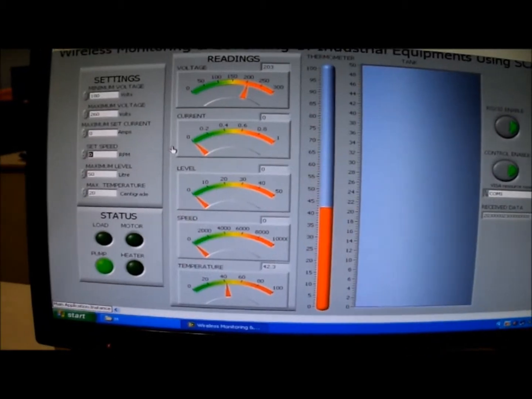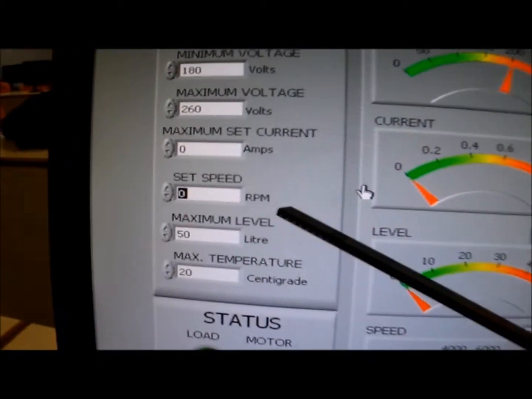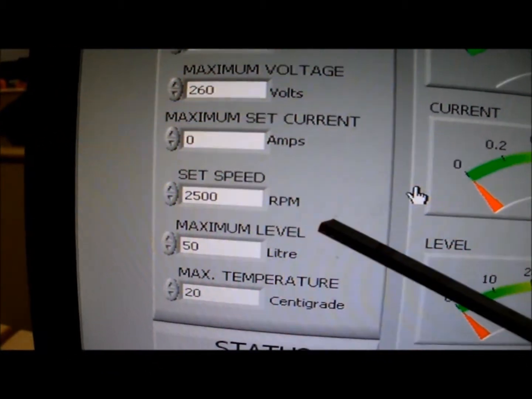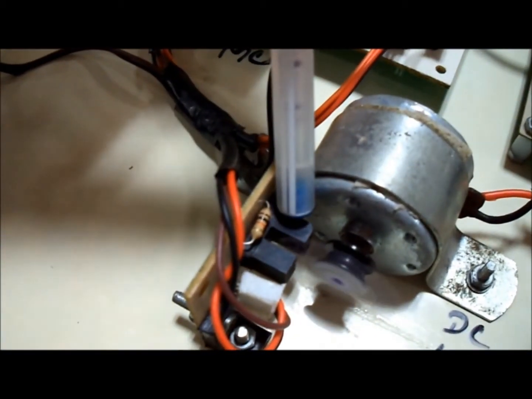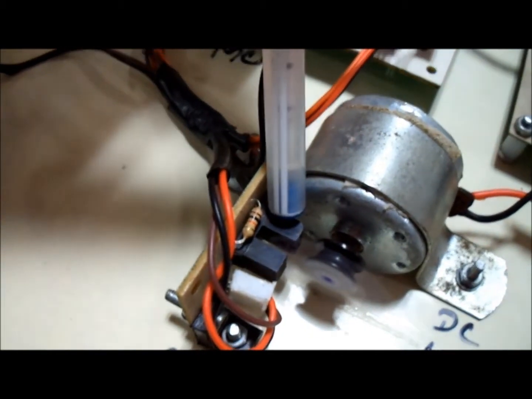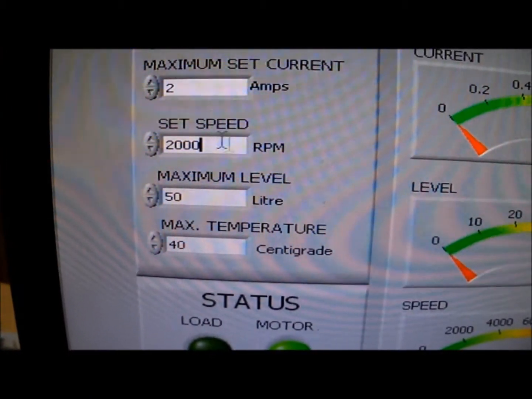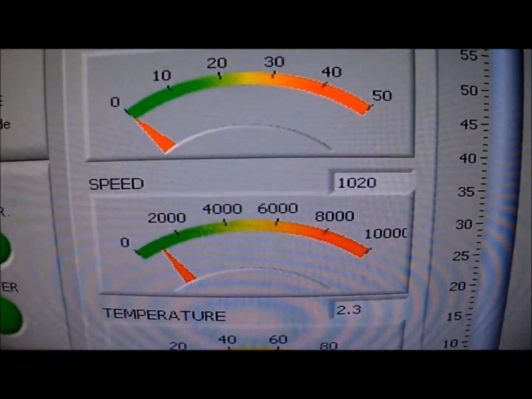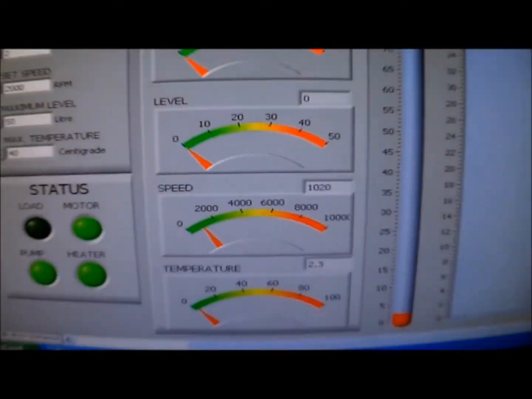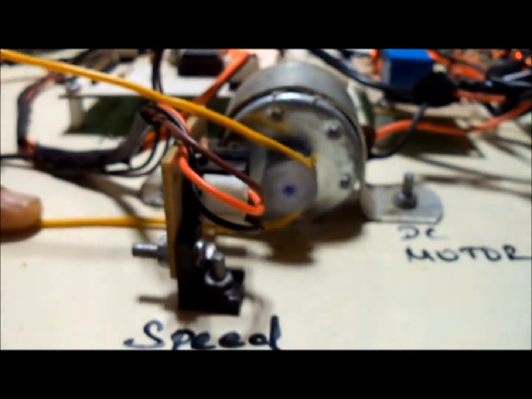The speed of the motor is set in the front panel. The current speed of the motor is measured using the speed sensor MOC7811. The motor speed is set as 2000 rpm. Now the current speed is measured as 1020 rpm. The motor speed is controlled by applying load.